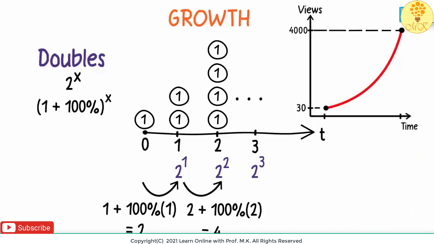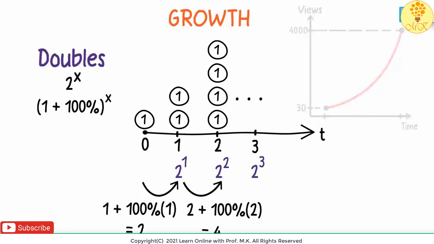When we started, we used to get around 30 views a day. And after a year, we started getting around 4,000 views a day. It doesn't mean our view count just jumped one fine day. It gradually increased. So growth in nature is never really discrete or discontinuous. Let's see how it really works.